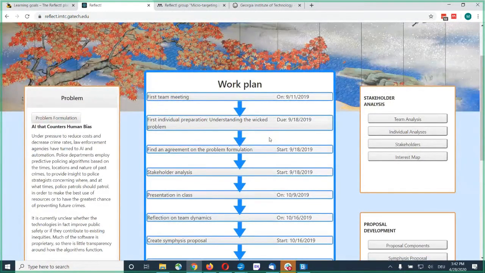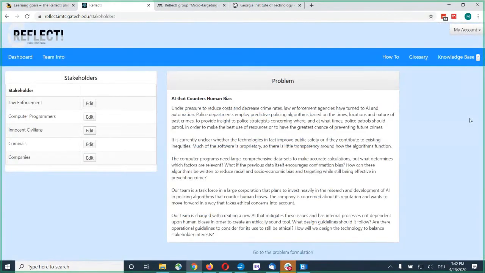Okay, let me show you the first result of the stakeholder analysis. So if you go over there, stakeholder analysis, let's read the problem. That is what the student team came up with. This is about AI that counters human bias. I read it: Under pressure to reduce costs and decrease crime rates, law enforcement agencies have turned to AI and